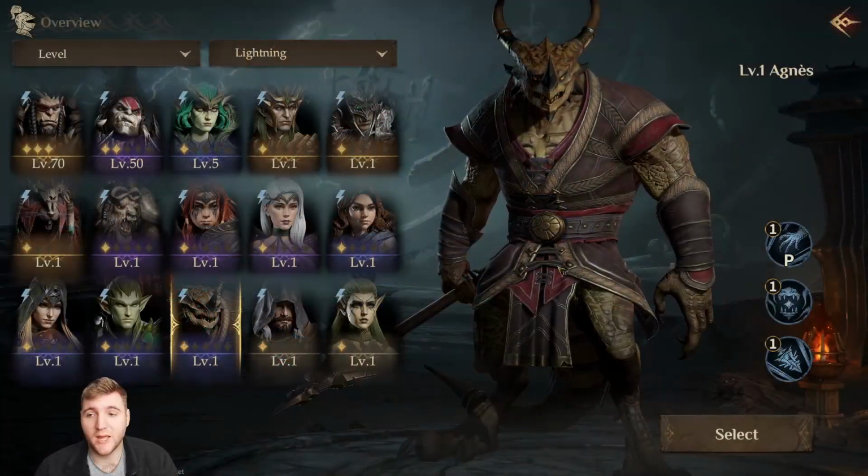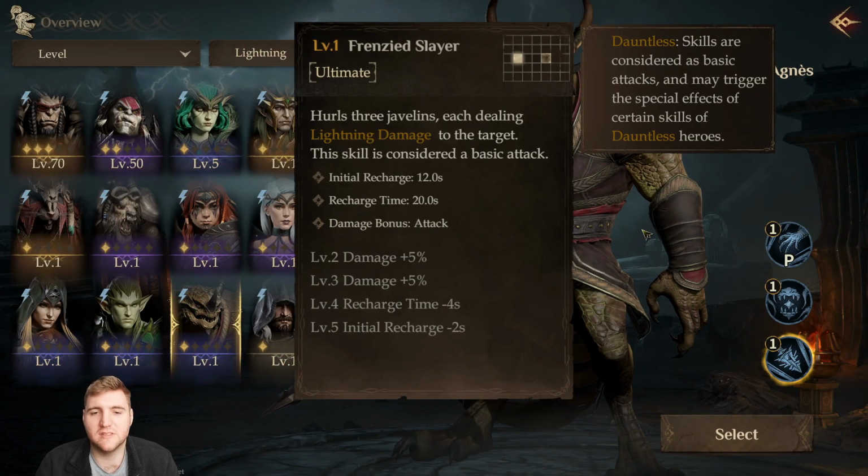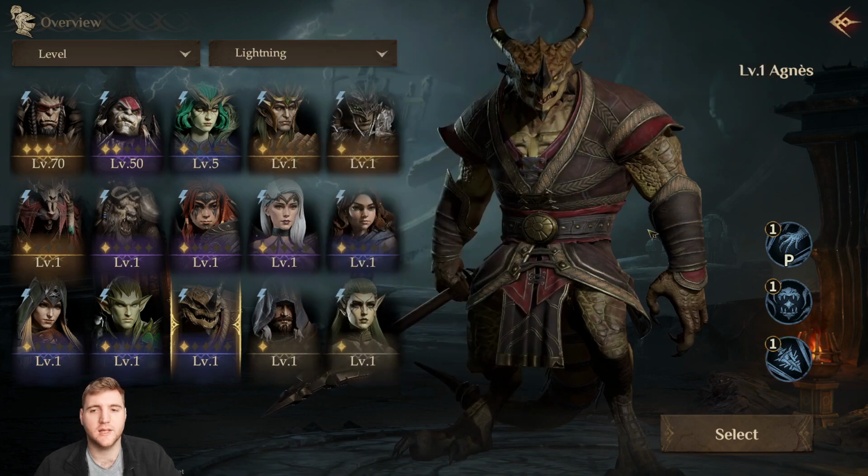And next up we have the rare Agnes. Agnes's ultimate, Frenzied Slayer, hurls 3 javelins, each dealing lightning damage to the target, and the skill is considered a basic attack. So that's pretty simple. That seems to be the gist of the ones that I've found that seem to have synergy between them